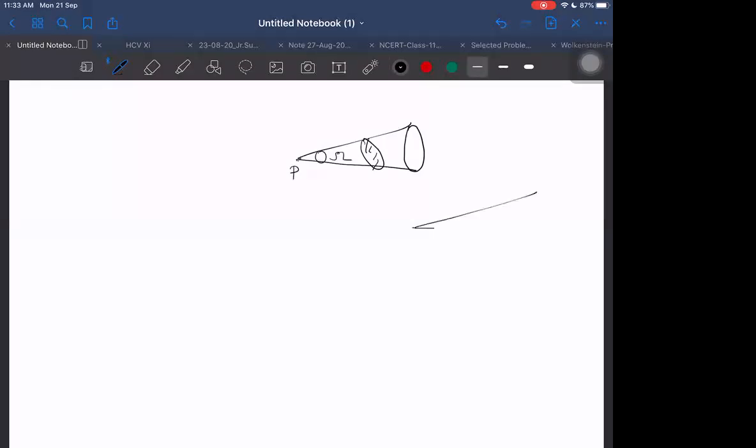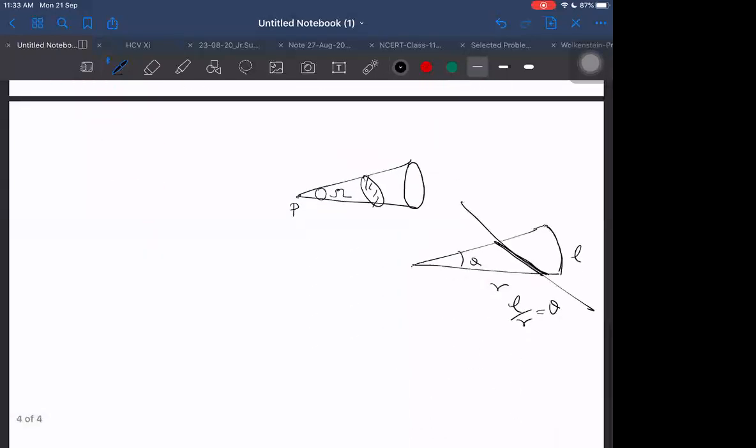If I have a plane angle here, normally we define it like this: length divided by r is equal to angle theta. If I cut it by a line and this length comes out different, does it mean it will depend on that length? No, it will not depend on that length, because it is the length of arc divided by r. Similarly, this solid angle will not depend on any other area. It will depend on the area subtended on the sphere, the area cut by the cone on a spherical surface.